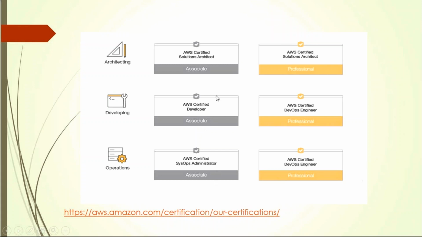Okay, so specifically in this class we are learning for the AWS Certified Solutions Architect Associate exam. Then you can go to professional. There are very few people in this world who have got 5 certifications. I'm certified at all 3 associate levels, and I'm planning to take the professional in the next 6 months.